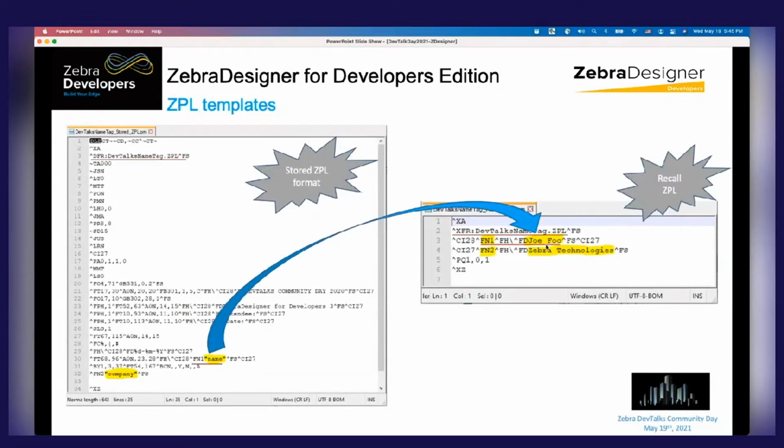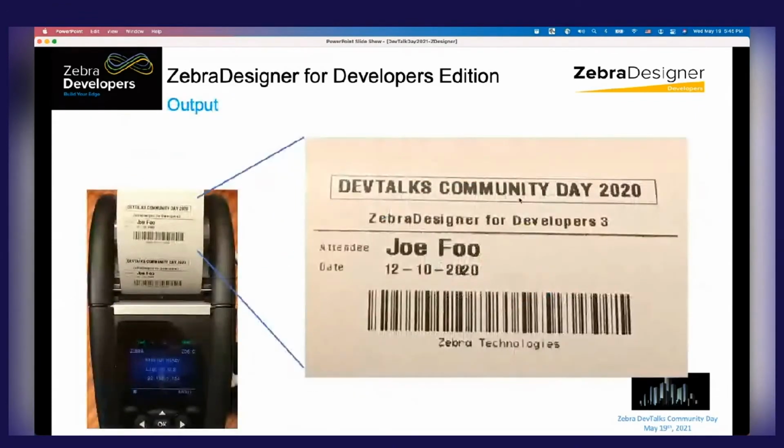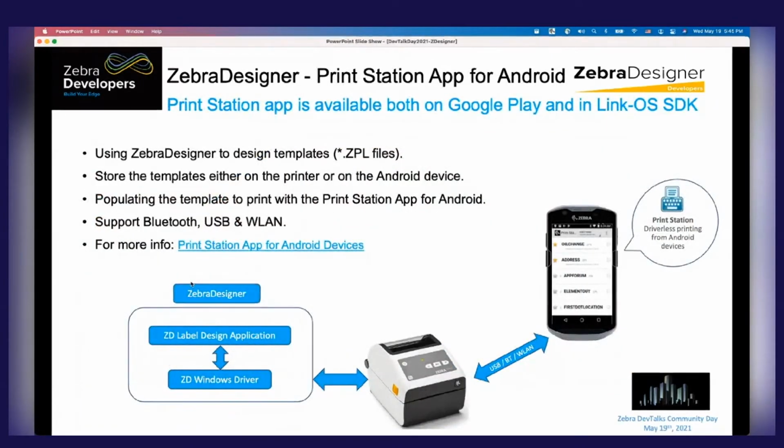Okay, so we covered this. This is like a screenshot, you know, how it looks like when the printer prints it out. Okay, before we go to the demo, I want to show you why the template design, or template-based printing, is